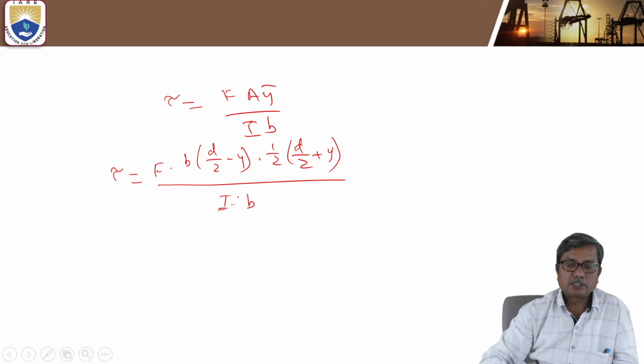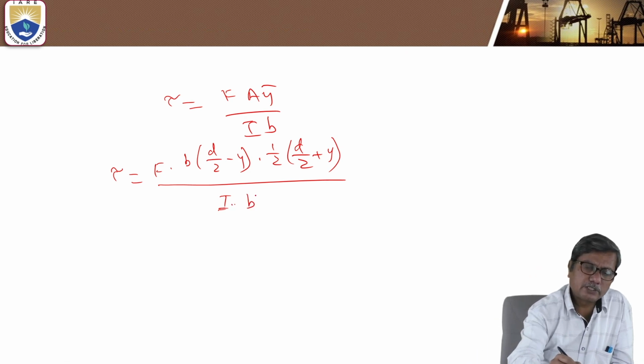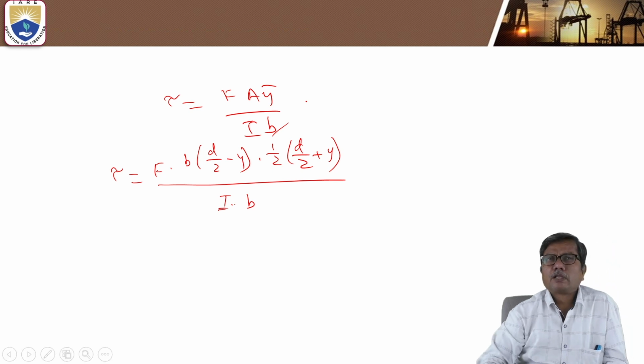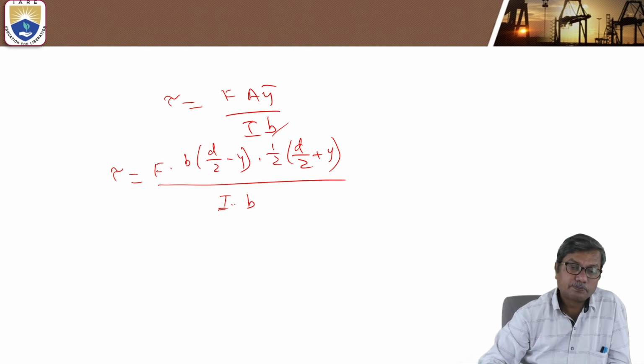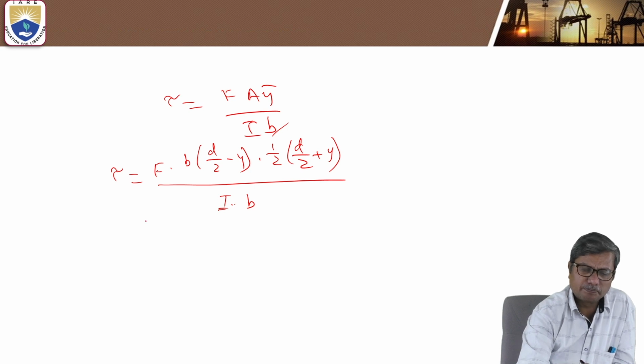Actually, b is the width at distance y. In this particular case of rectangular section, b is same from top to bottom, so b is constant here. So this reduces to F by I b. Here b cancels. F by 2I